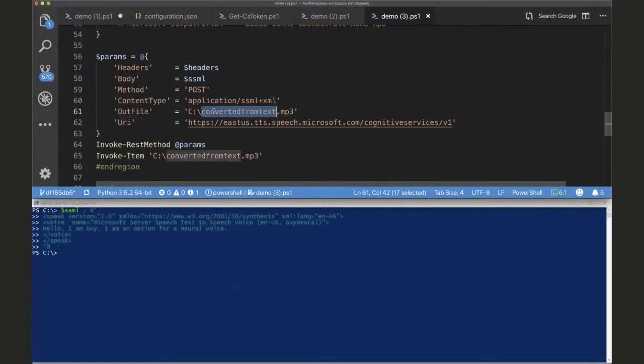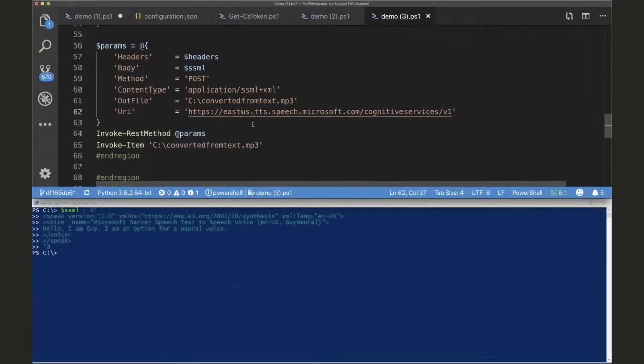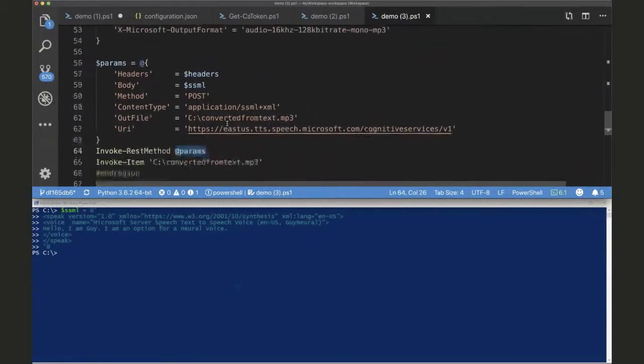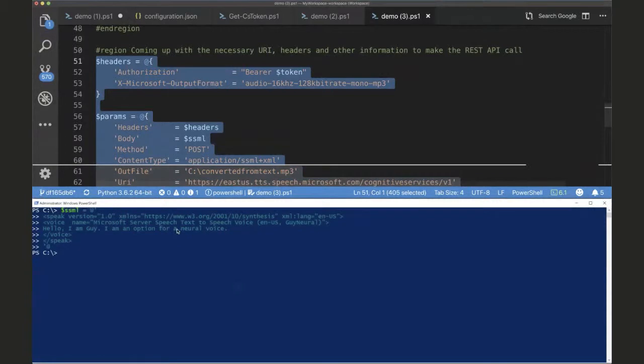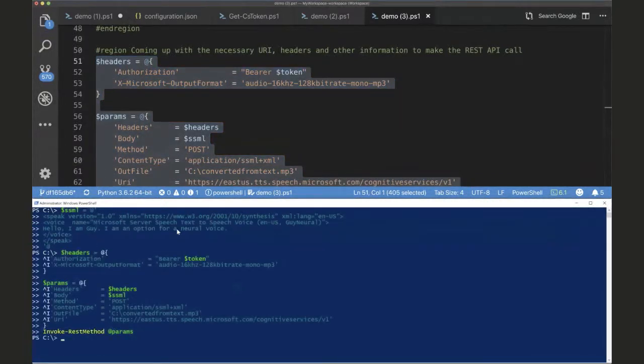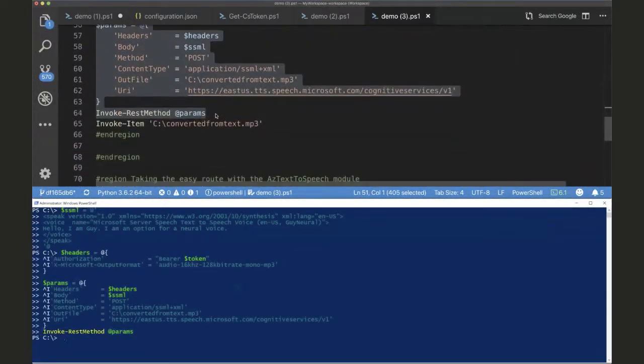So it's just going to capture that audio stream and then save it to a local file. And then finally here we have the URI, which is the subscription region that I was using. And this time the path is V1 for all text-to-speech conversions. All right, so once we have all of that, let's copy that, paste it in. All right, so we now should have a